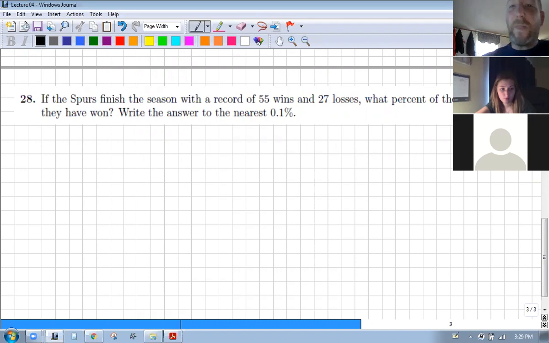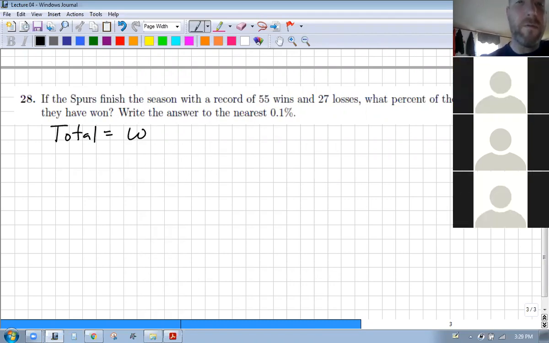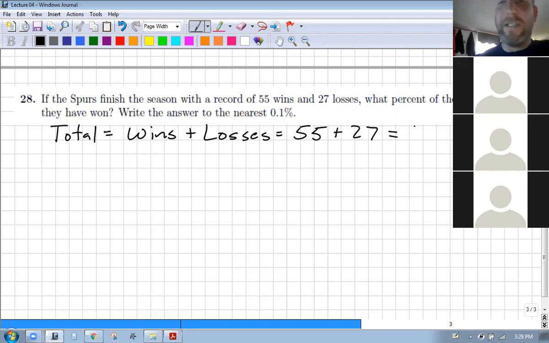All right, well, first off, we need to know how many games they've played. Find the percent that they won. So the total is wins plus the losses, right? So 55 plus 27, 82. So 82 total games, and they've won. The wins compared to the total is going to give us our percent. We have 55 out of 82,